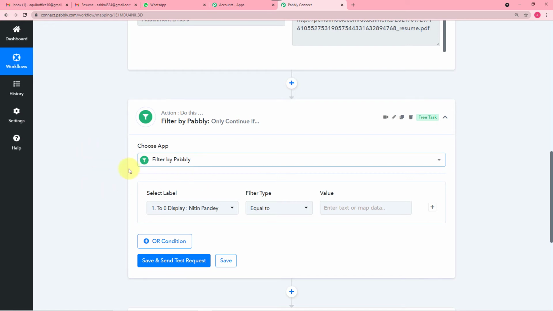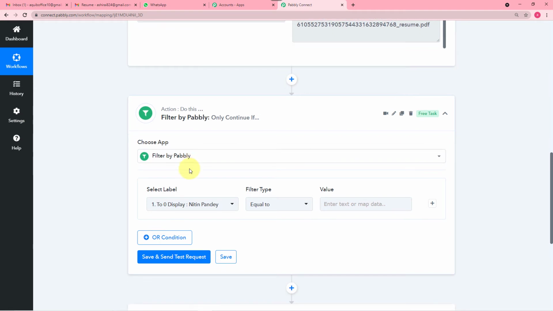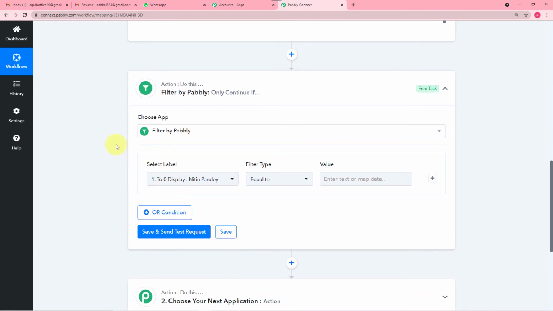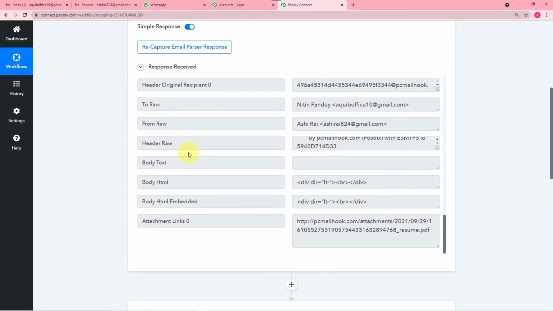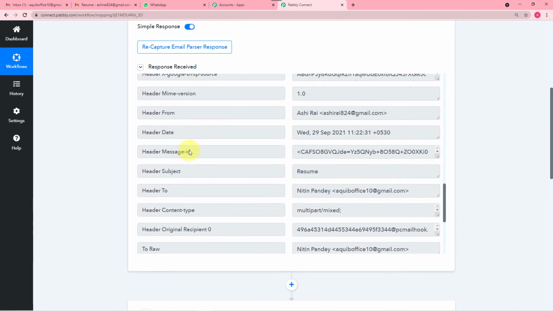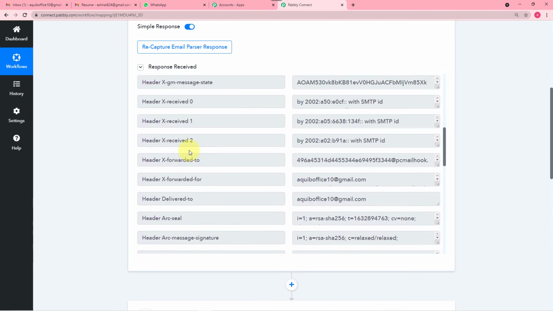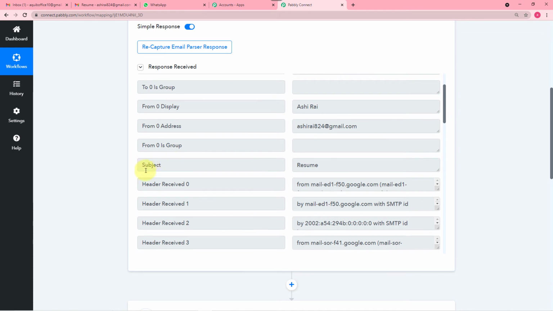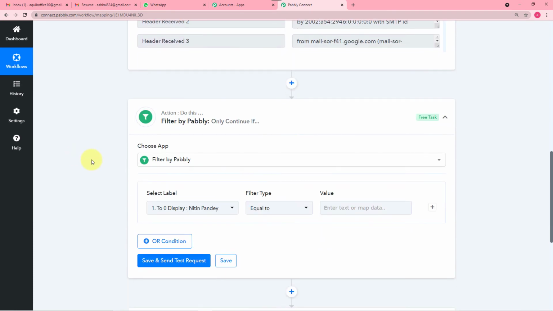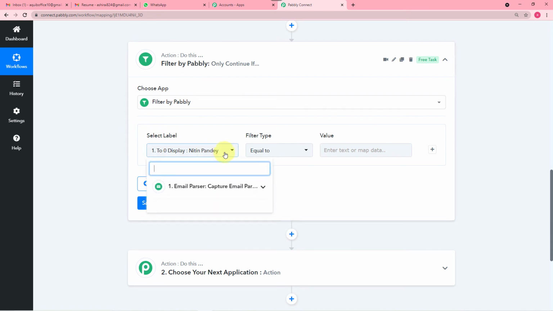So in the choose app we have applied filter by Pabbly, and in the select label I'm going to select this label. In the data that we received in the previous step, you will see this subject label, and it is showing resume. When you click here on the select label option, you will find this capture email parser response option.